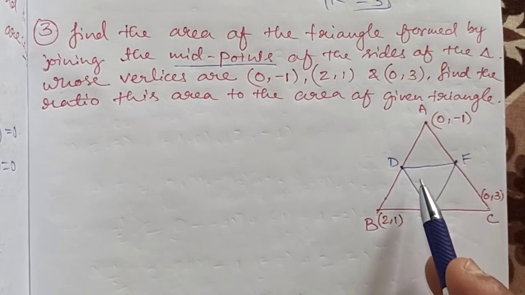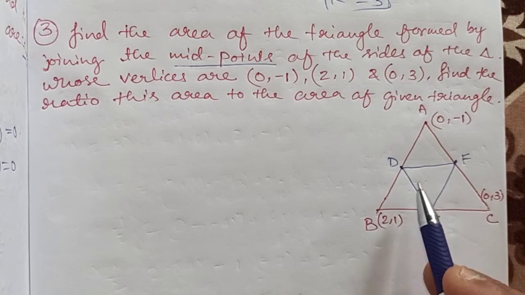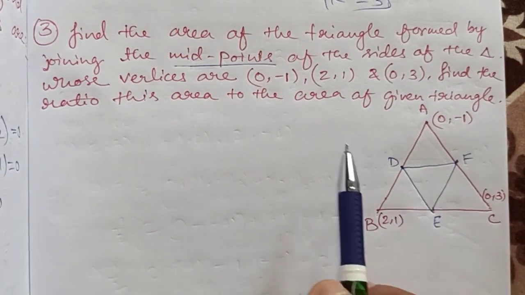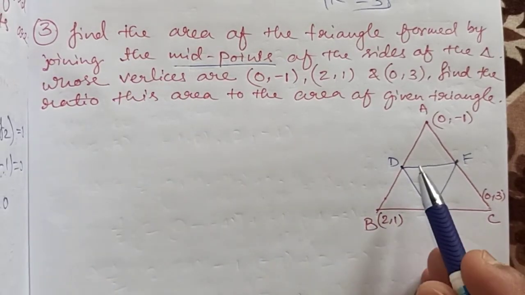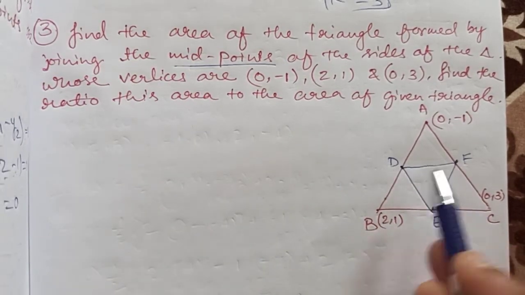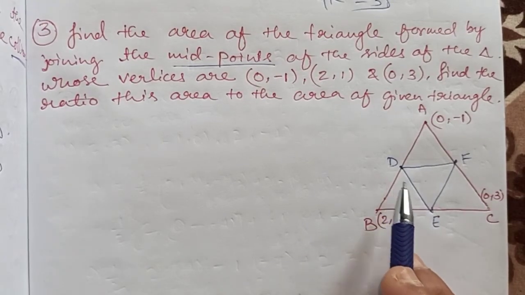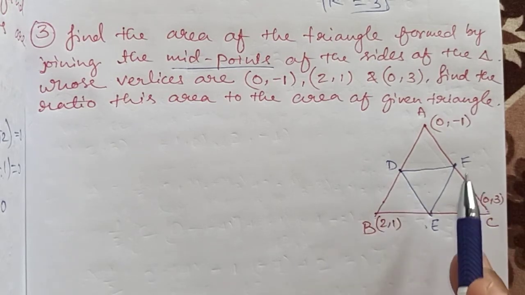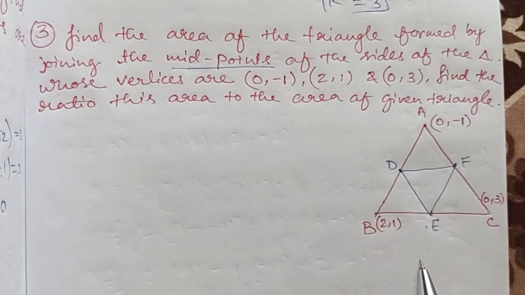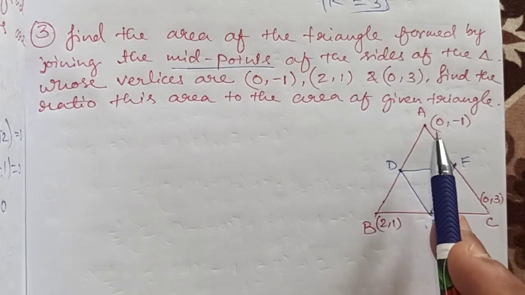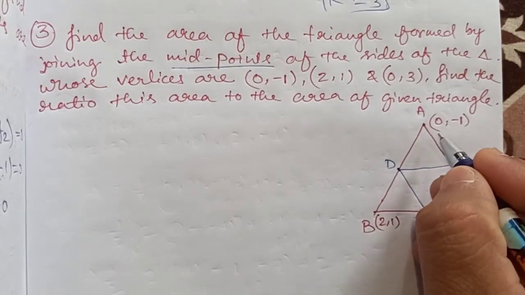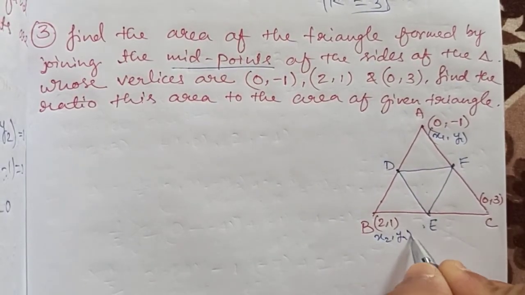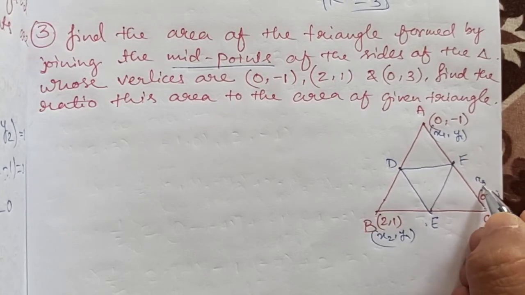And we have to find out the area of this triangle. It is given in the question that we have to find the area of a triangle joining the midpoints of the sides. We have joined the midpoints of the sides so that we will get a triangle, and we have to find the area of this triangle. So first of all we will find the vertices of these 3 points, then only we can use the area formula. So I will mark this as x1 y1, this as x2 y2, and this one as x3 y3.